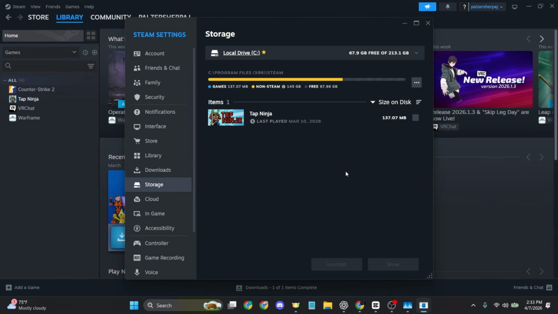If none of these steps work, the final option is to uninstall and reinstall the game. Sometimes the corrupted file cannot be repaired, and a fresh install is the easiest fix. And that's it. These methods should help you fix the Steam corrupt disk error and get your game downloading or